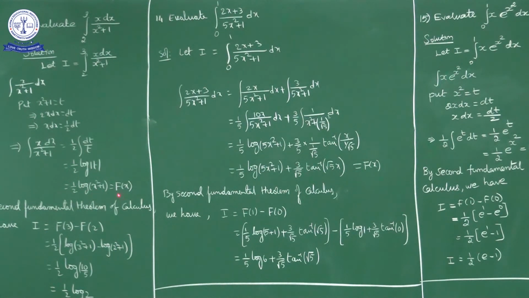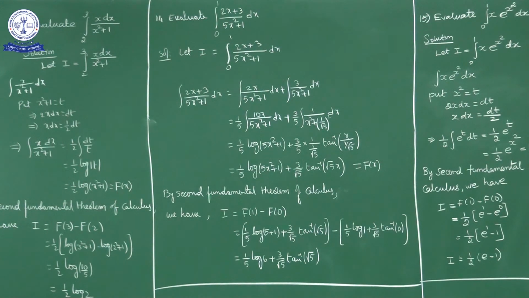Okay, we will consider it as capital F of x. Now one more thing I want to tell you here. Whenever we have the numerator as the derivative of the denominator, the integral of f dash of x upon f of x dx is log mod f of x. Okay, that is the formula. Now here what we got? The indefinite integral of x upon x square plus 1 dx is equal to 1 by 2 log of x square plus 1. Okay, now we will consider this one as capital F of x, nothing but the antiderivative.